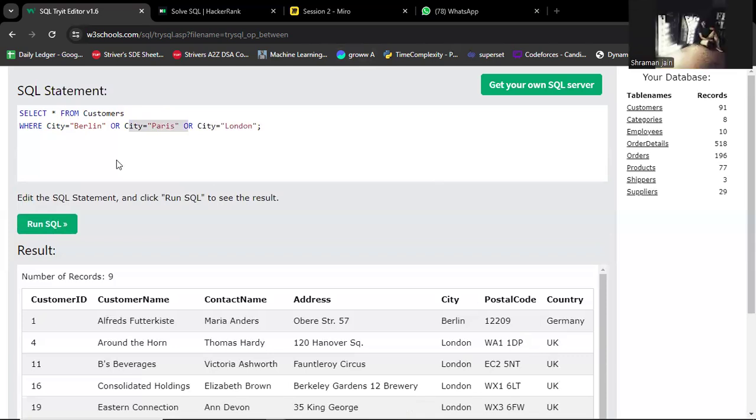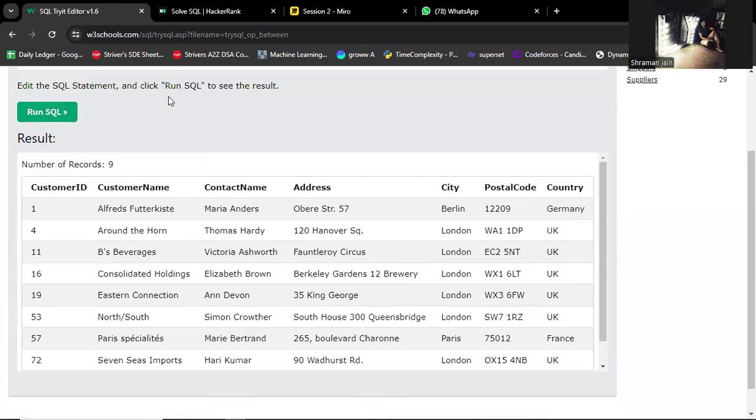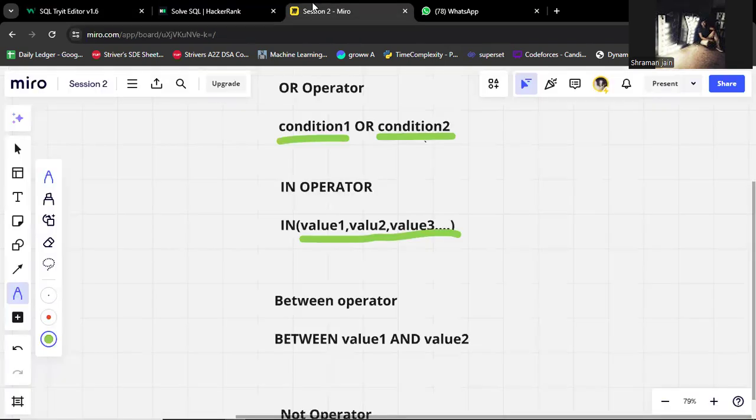Instead of multiple ORs, we use IN. So we can always use the IN operator to check multiple OR conditions, and it will give the same result. Okay, so let's move on to the next operator, which is